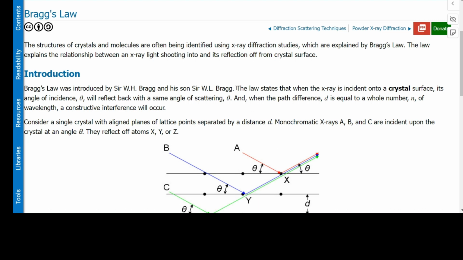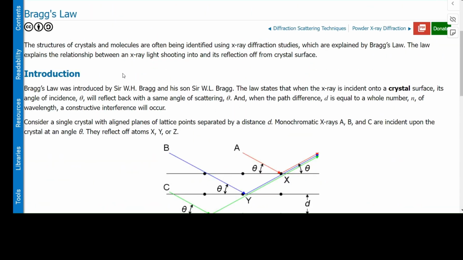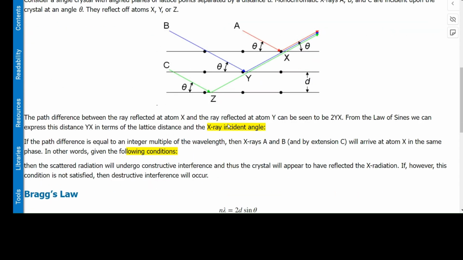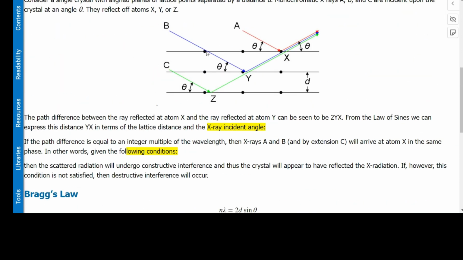Bragg's law. So again, it's a really short section here. Here it's kind of explaining the different lattices and the law. There's not much to it. Mathematically, we have n because we can have these multiple orders, and that's what's nice about this one, showing